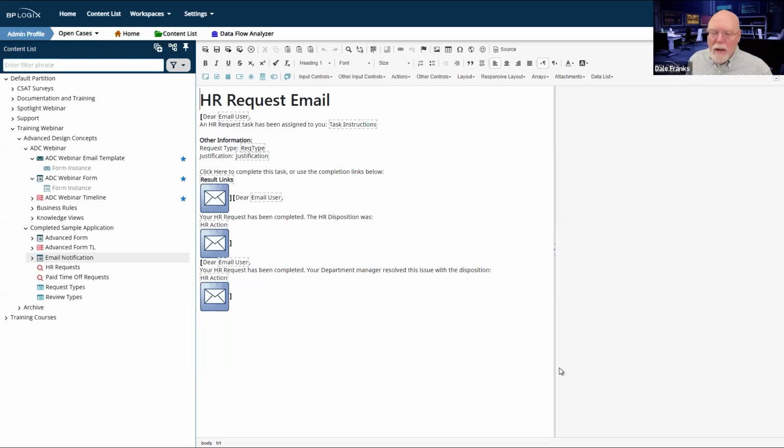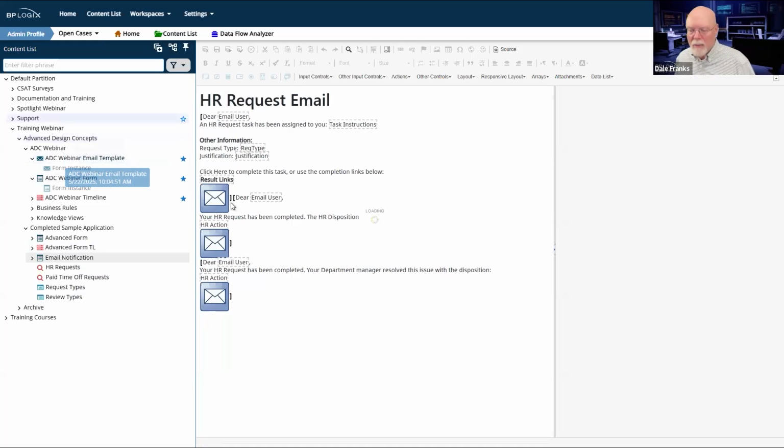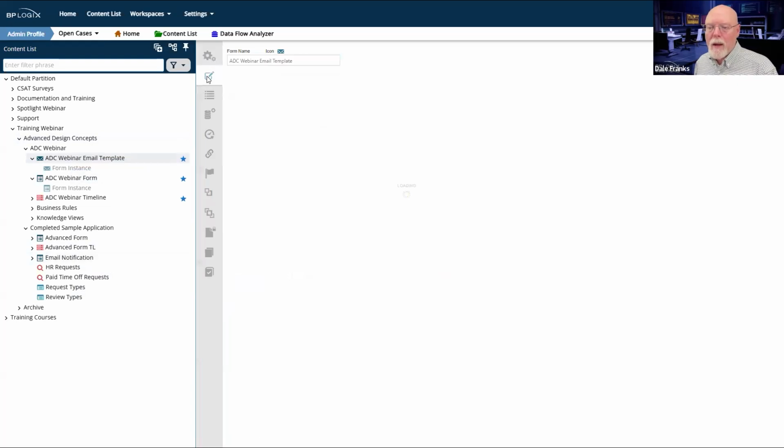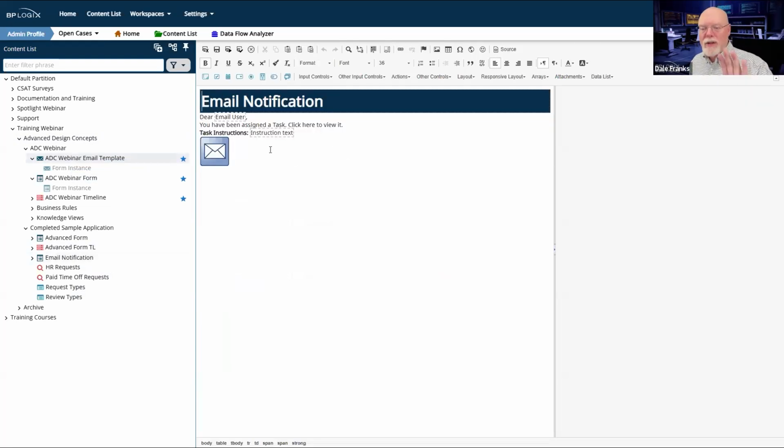That's generally not the way that you're going to do it. The simplest method for doing it is the way that I have it set up, at least on the one section that exists on my sample here, which we'll look at as soon as that saves. The easiest way to do it, though, is to set up your email notification like this. On a task notification, which is all this is, I'm not going to give you the ability to use email completion. I'm just going to personalize it.